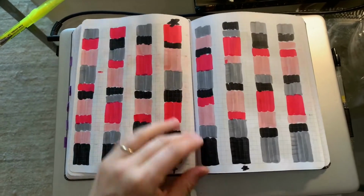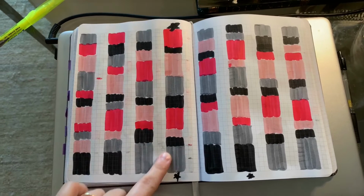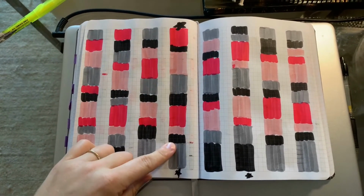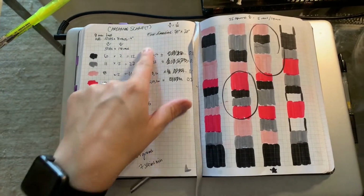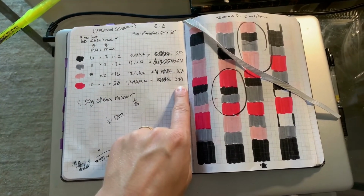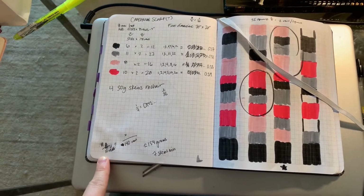Anyway, I did a lot of math with proportions after I sketched out a whole bunch of different potential versions. This is the one I landed on, and I'm sure I'll still change it when I actually work it up in yarn. But I compared the amount of each color, did some math proportionally how much of the scarf it's going to be, and then after doing some math with the grams and